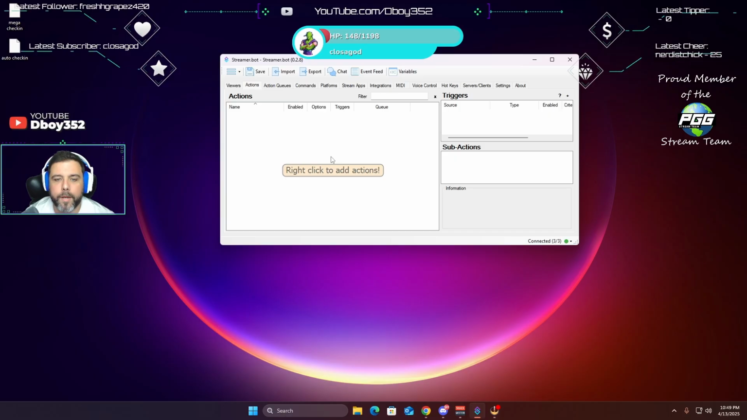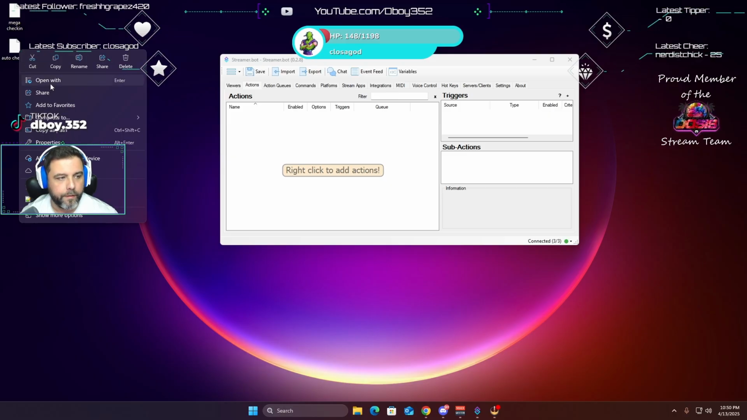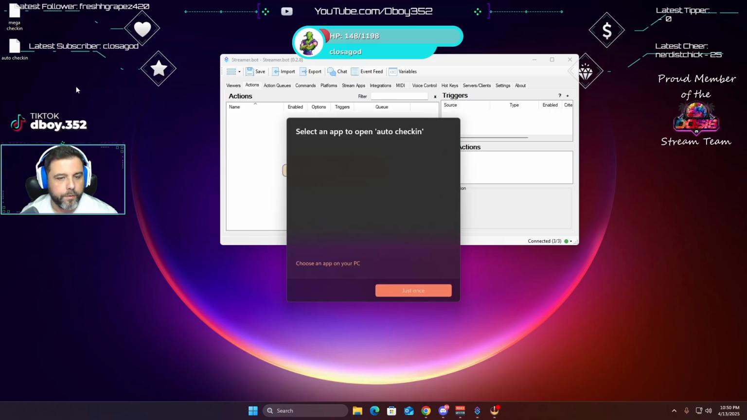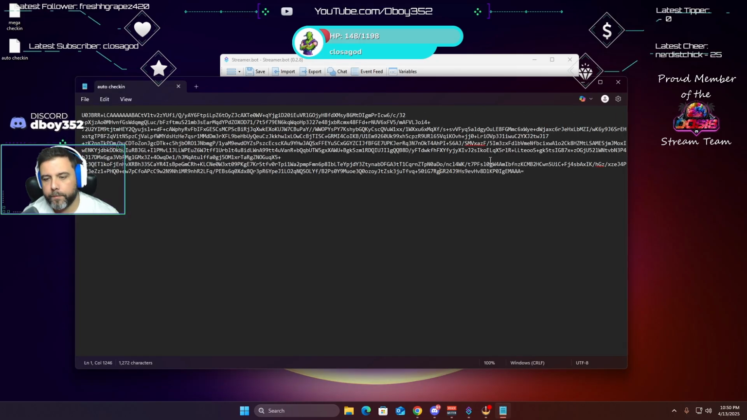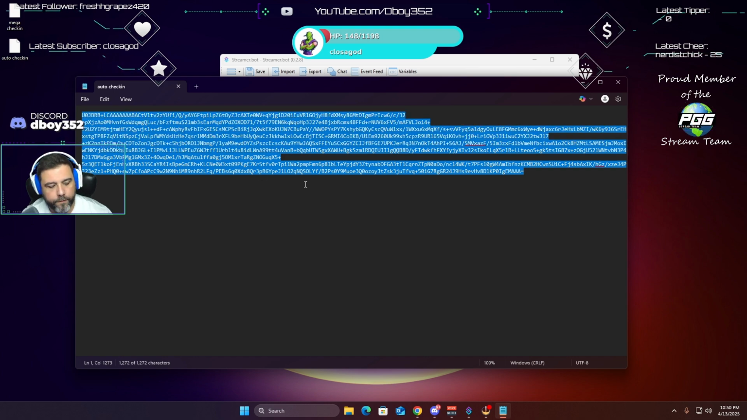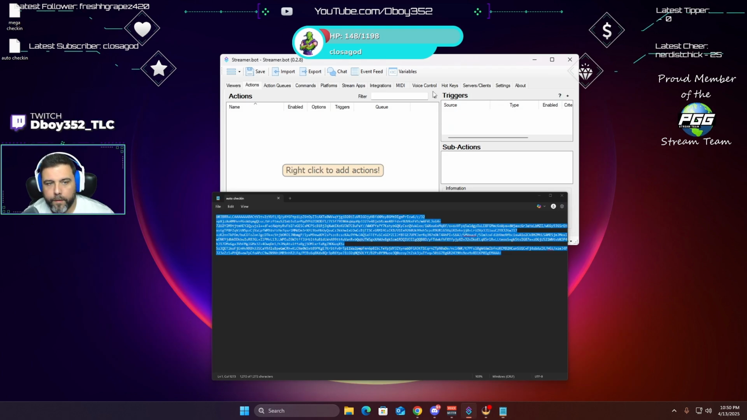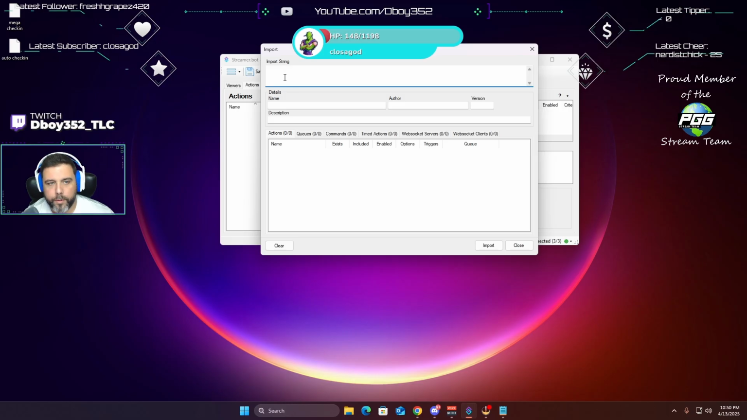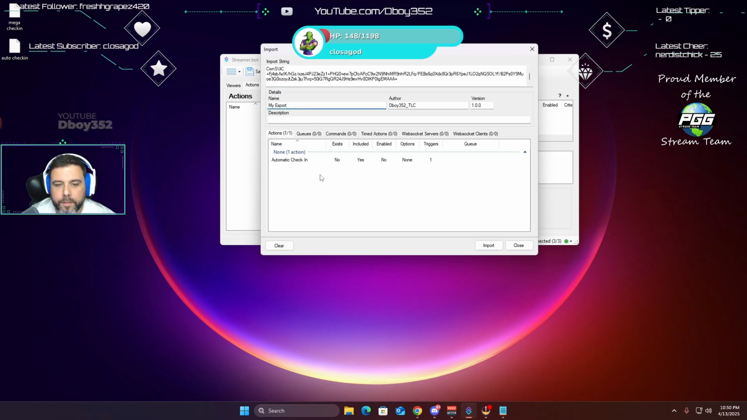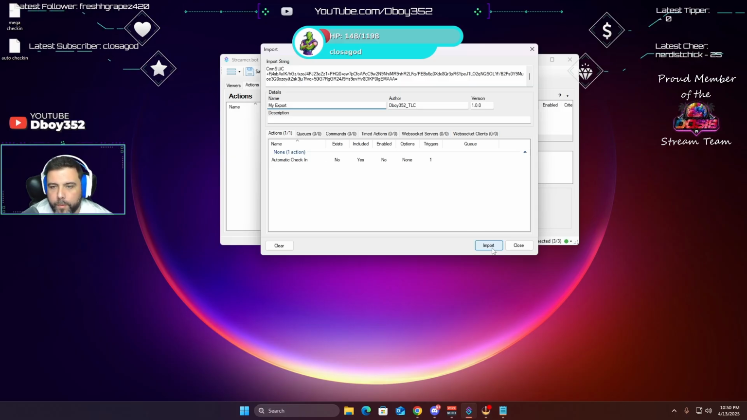So in order to actually use this, I have two files that look very intimidating, but we are going to open them with Notepad, and I will have all of these linked down below. All that you need to do for this to work is copy all of this, go to import, and you are going to paste it in here where it says import string. So this one is for the automatic check-ins, and all we have to do is hit import,